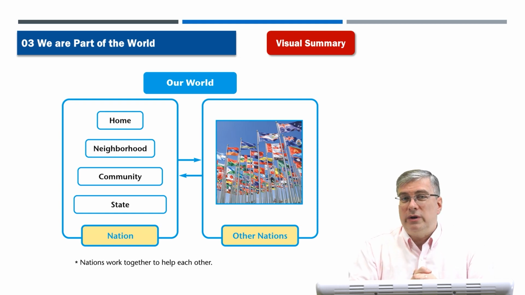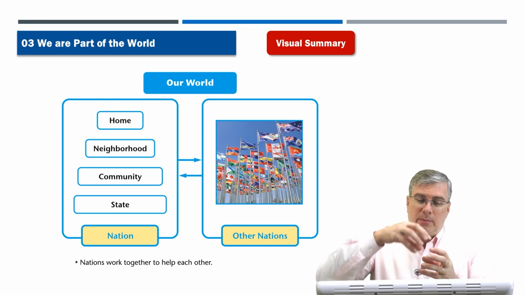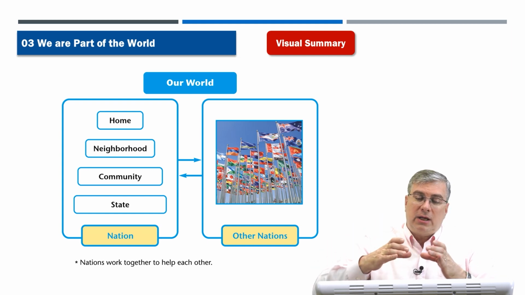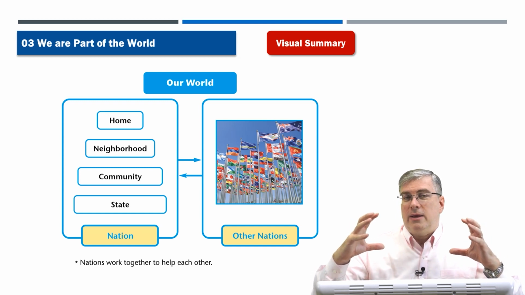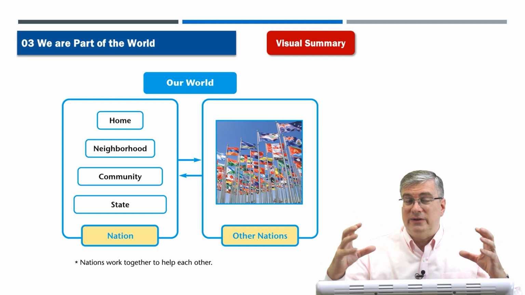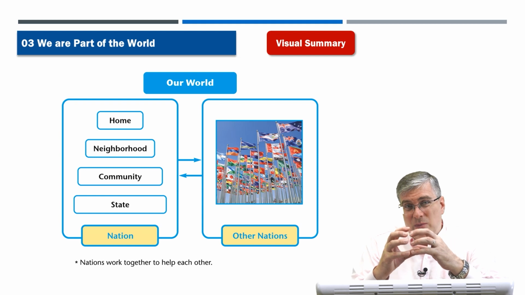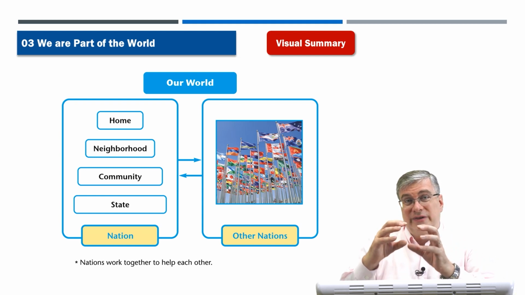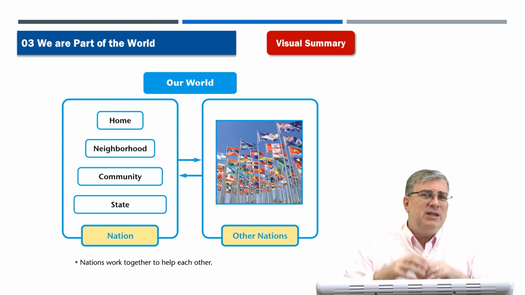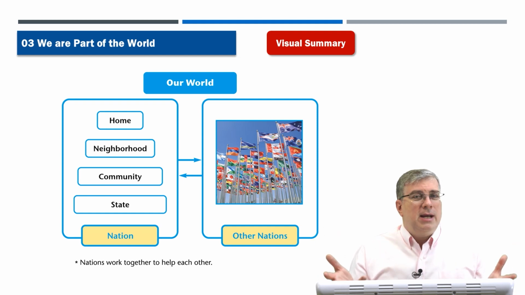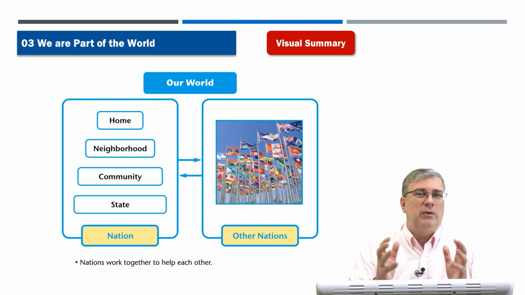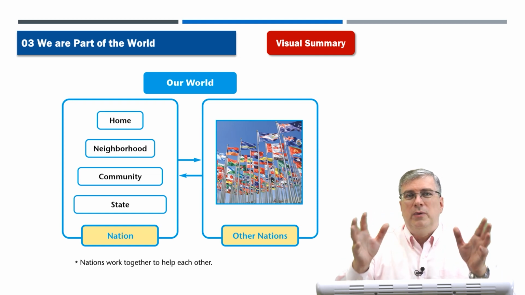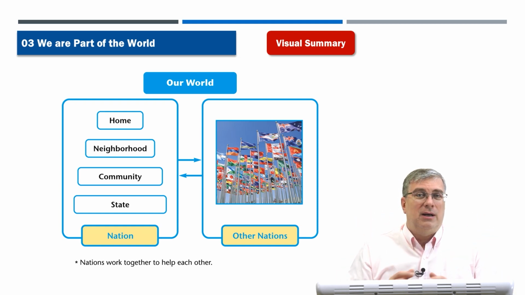Then we have community. So a community is made up of many different neighborhoods, and a community might be a village, a town, or a city, right? Those are different types of communities. But even in a city, you might have smaller districts in the city. Those are separate communities. So community is larger than a neighborhood, but maybe smaller than a city. Could be inside a city or it could be the whole city. But it's just a group of people living in the same area, a larger area than just a neighborhood.